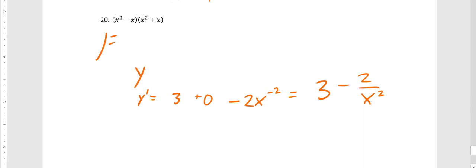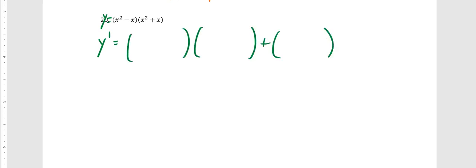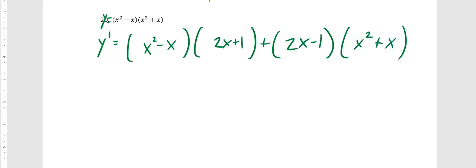Number 20, it's a good one. Let's just make this the last one we do, because I didn't write a 21. Get out of here, orange writing. Number 20, I can go about this two ways. Right, I could do product rule. I could say y prime equals f g prime plus f prime g, which means y prime is,